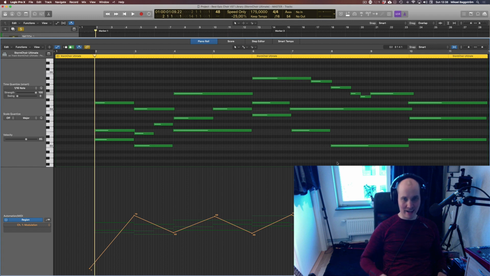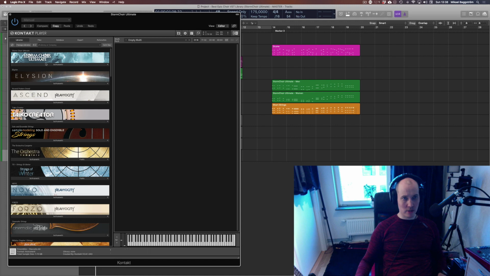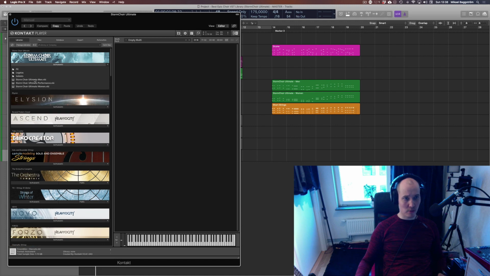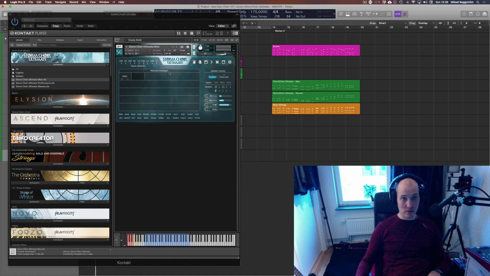And by the way, I actually forgot to set back the BPM. It's still at 175 and it handled those transitions amazingly well even so. Now let's get back here into the interface. So that is the ultimate performance patch. Then you have the ultimate men patch here, which is where you can build your